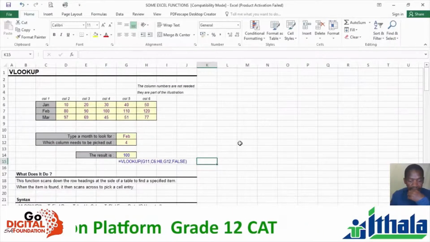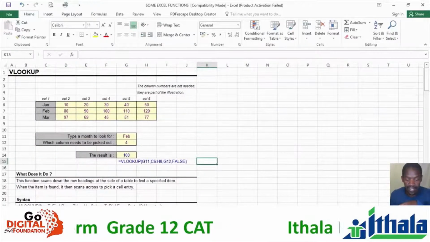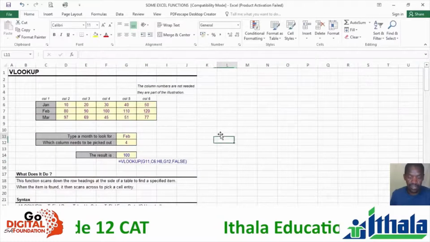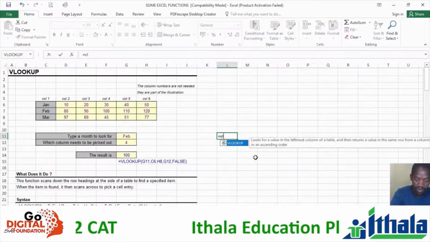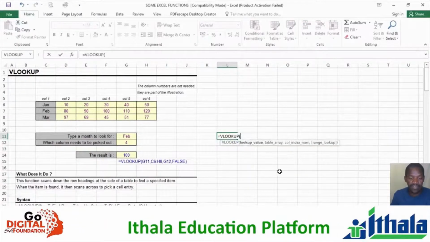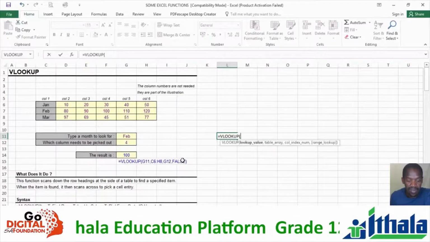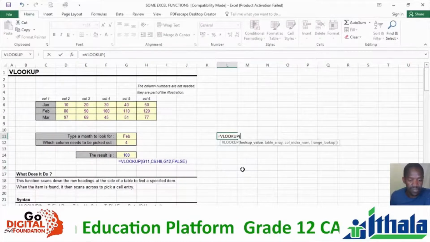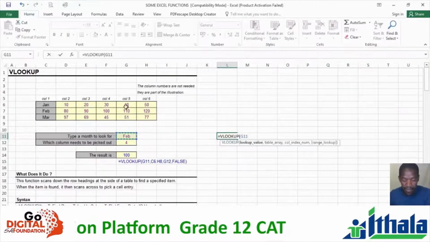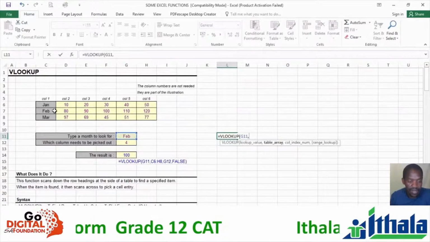Okay. And now I think this one is going to be just a little bit difficult. This is one formula, as if I want to see it in detail. But VLOOKUP will actually look up for the value. Let's try to do it so that we can understand it. Equals VLOOKUP. Again, look up for a value in the leftmost column. So I'm going to double click. I'm looking for February here, so I will have to say look for February there. Then comma, then this is a little table from February, selecting this whole table from here,